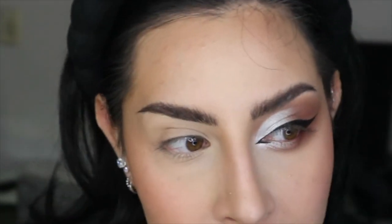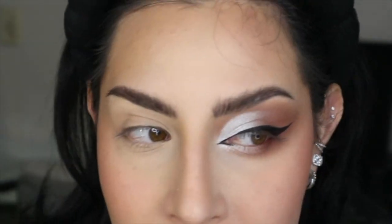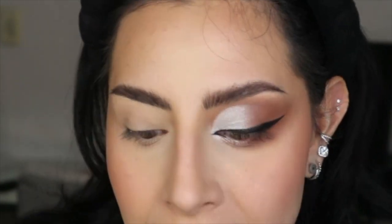I didn't put the lashes on because I wanted to try to match it up to the other eye as much as possible. And when I have the lashes on, I don't tend to see the same exact measurements as much. So I decided to just do it like this. Pop on here, show you guys how I created it, and then I'll go ahead and apply lashes and mascara